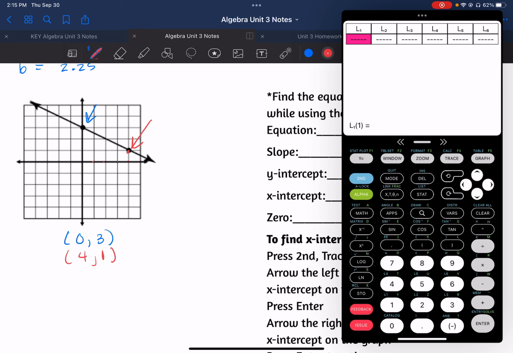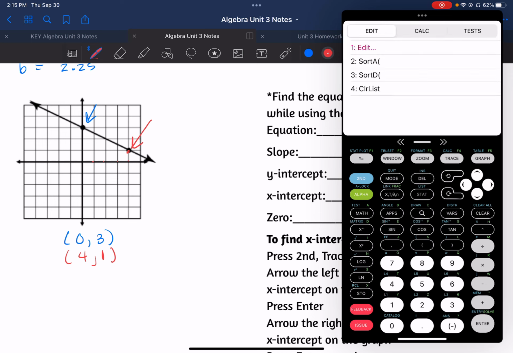0, comma 3. 0, scroll over, enter. Let's see, 3, enter. Okay, 4, enter, and we need a 1, enter. All right. All you need to do is type in your numbers, right? That's it. Just type in your values. Okay, so after we've typed that in, 0, comma 3, 4, comma 1, again, stat, calc,